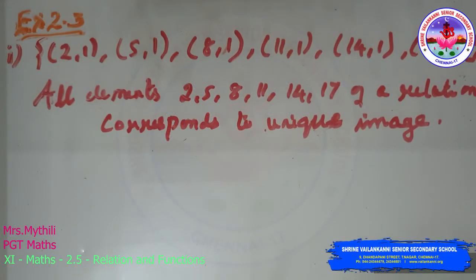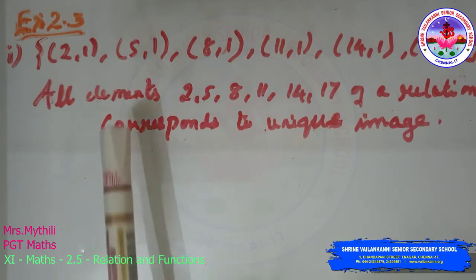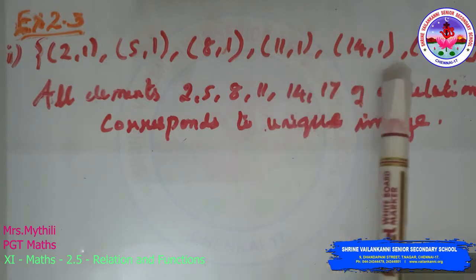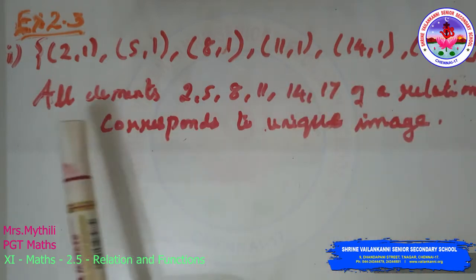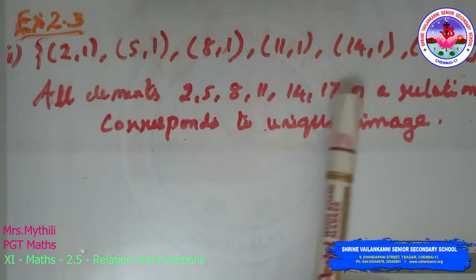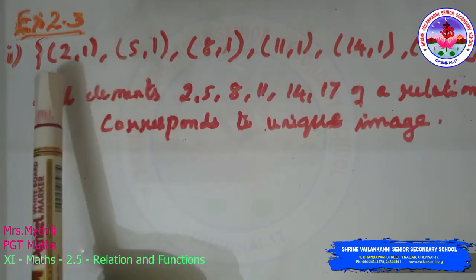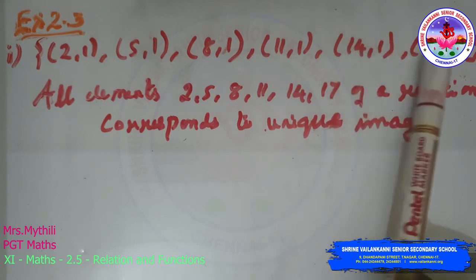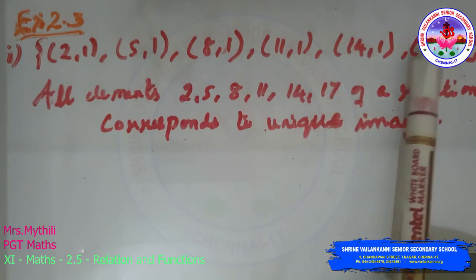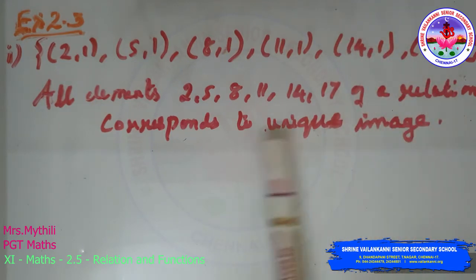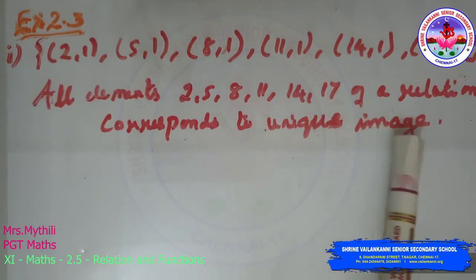Exercise 2.3, first question. Which of the following relations are functions? Give reasons. If it is a function, determine its domain and range. So first one: (2,1), (5,1), (8,1), (11,1), (14,1) and (17,1), which are in ordered pairs, which is a relation. All the elements 2, 5, 8, 11, 14, 17 in the domain of the relation correspond to a unique image,